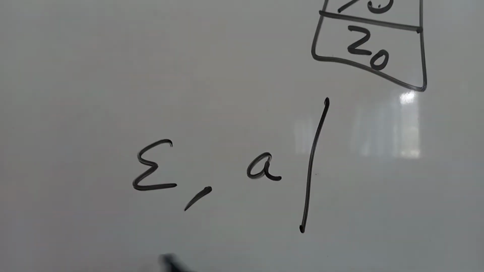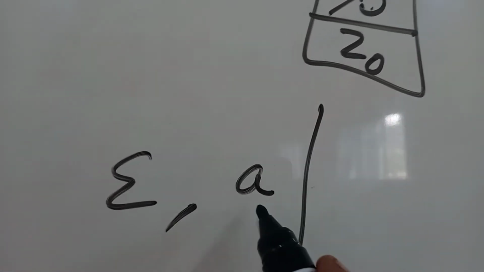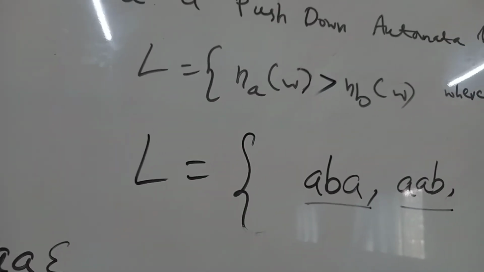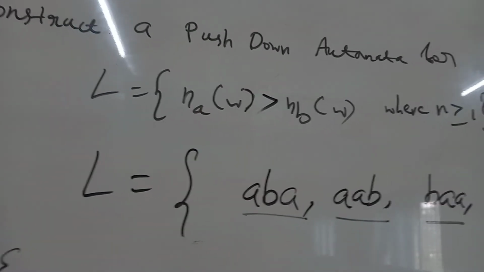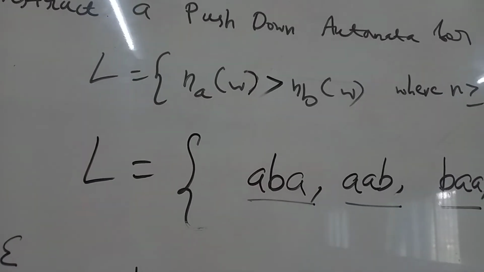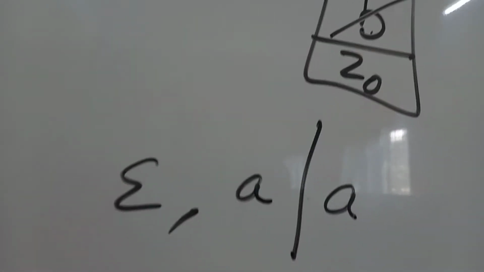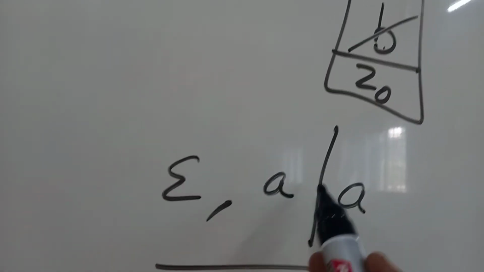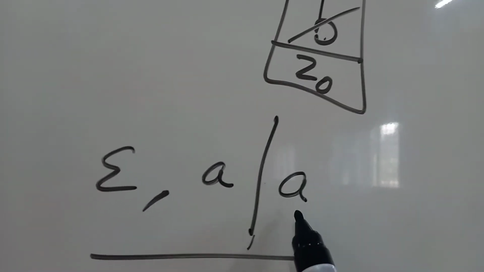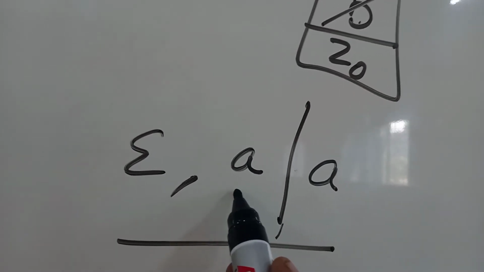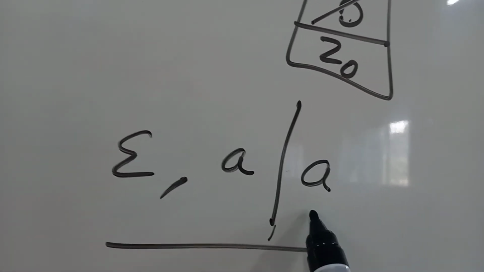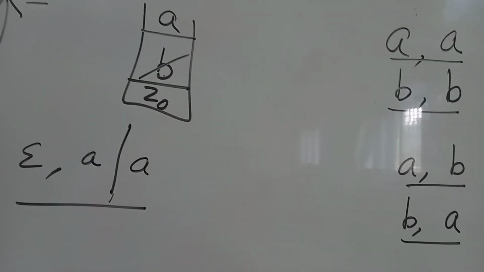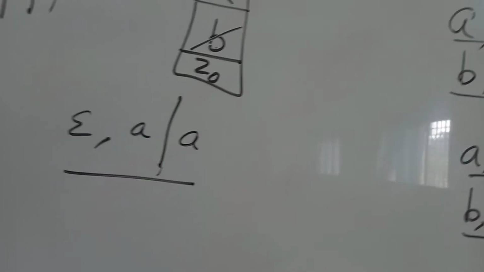Okay, for this what we need to do is take this A as it is, because the language consists of one extra A when you compare to the B. Number of A's is greater than number of B's. Okay, so that can be achieved by using this transition. If the input symbol is epsilon and the top of the stack is A, we need to retain that A as it is, because from this transition we have achieved the extra A. Okay, and this is the logic behind this pushdown automata. Now let me write the PDA for the language.